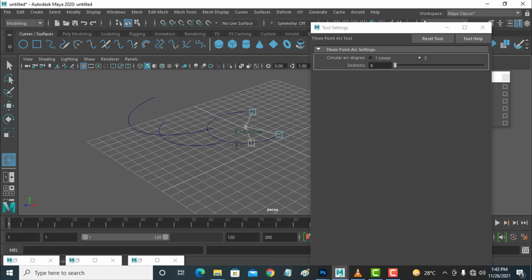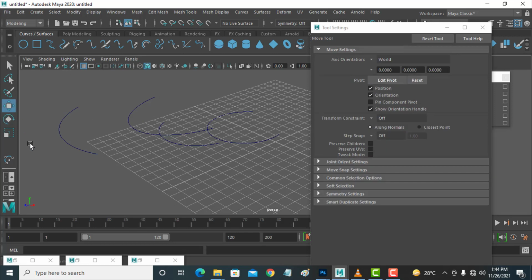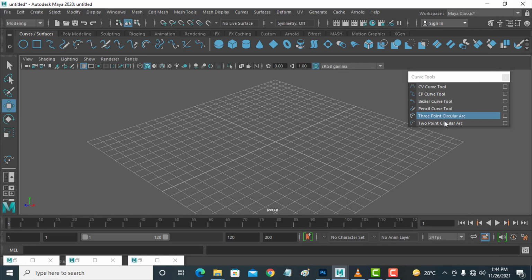A circle will be created between 3 points. 1, 2, 3. See this arc, and I am deleting this. So you can use an arc anywhere, like a semi-circle.